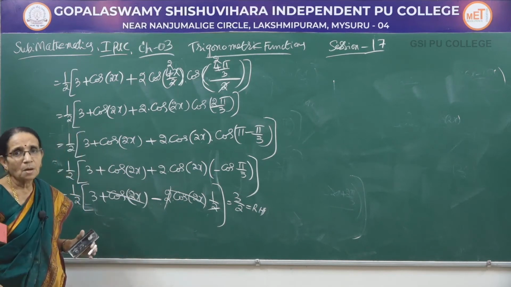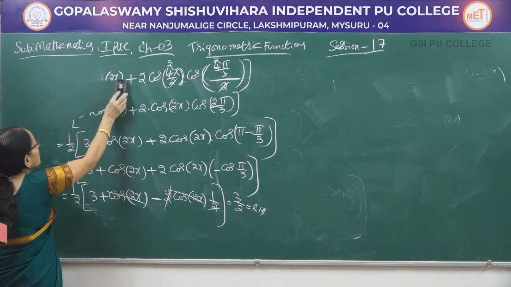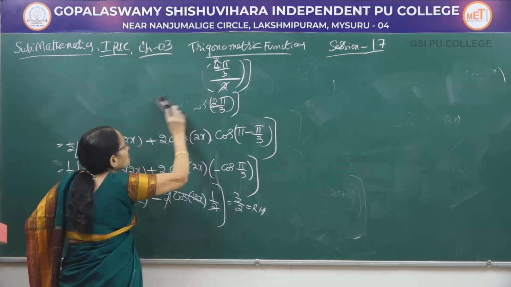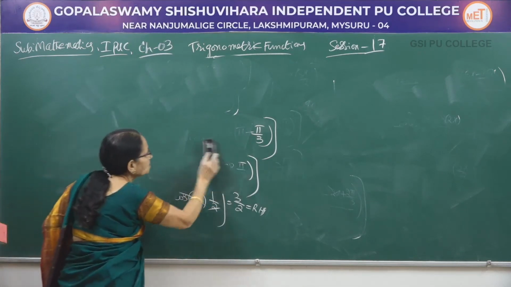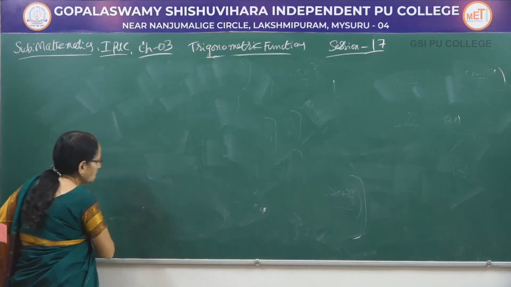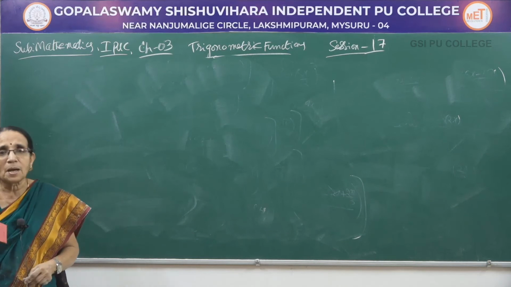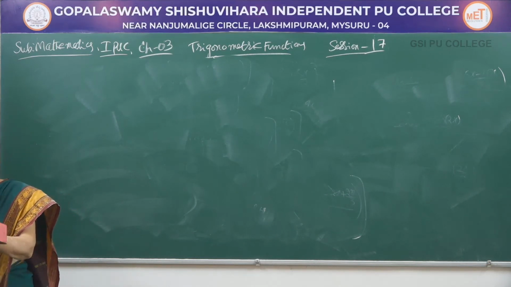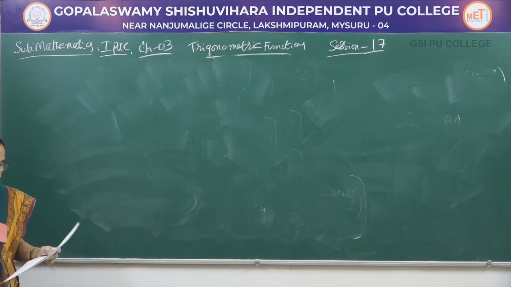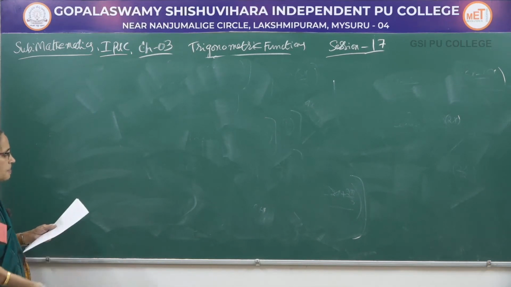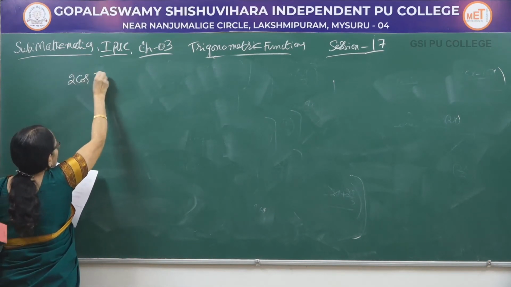Same type of problem can also be given. Instead of cos square, sin square can be taken, then the angle would be different, but you will get the same type of answer, which is on the right hand side, that is 3 by 2. Instead of pi by 3, it can be given as 2 pi by 3, but the same way you have to apply the multiple angle formula and convert the degree to the multiple angle, then you can make use of the formula. Now, the next problem, again it is given in terms of the radian measure.